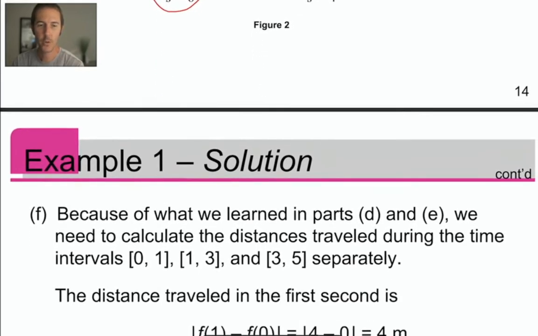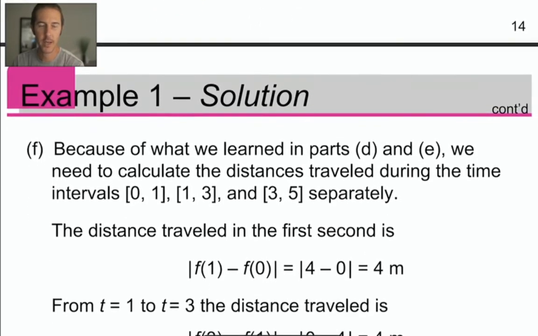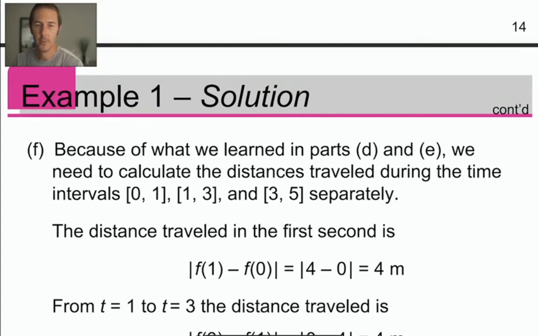Oh good, there's a part F. I almost forgot. Because of what we learned in D and E, we need to calculate the, oh, right. So we're calculating the total distance traveled. Now,